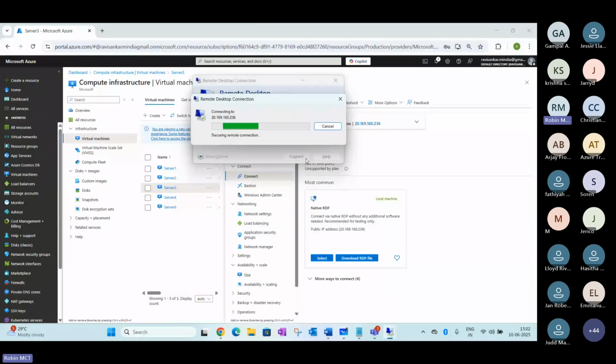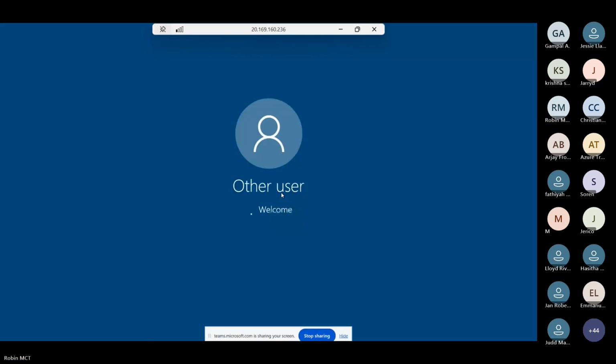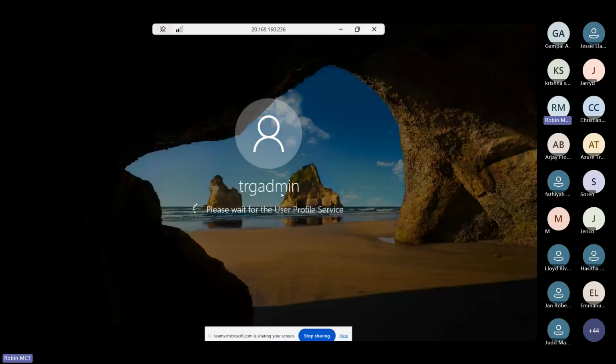You can see the same server 3 is available. You can see the creation is in progress.